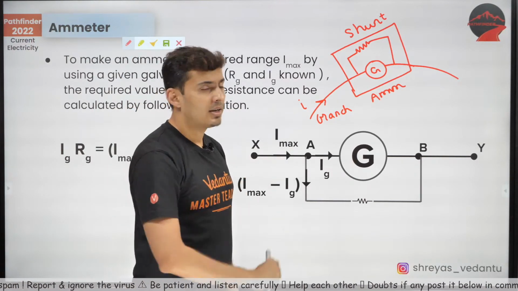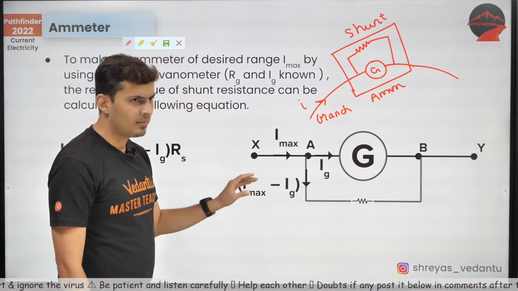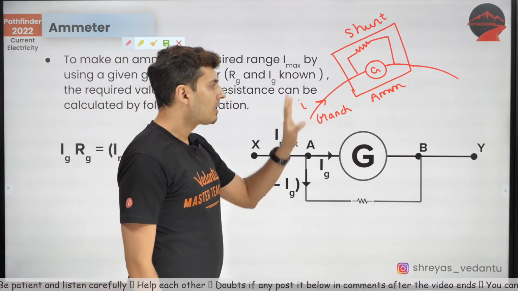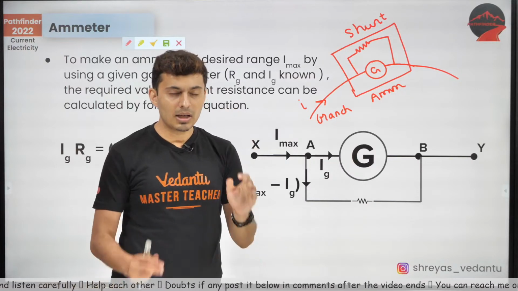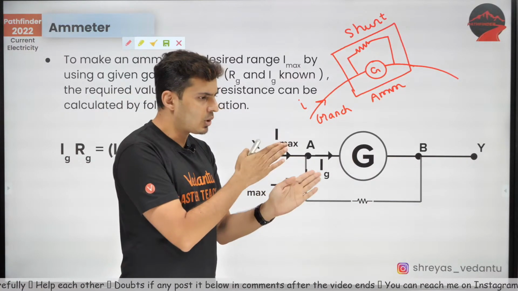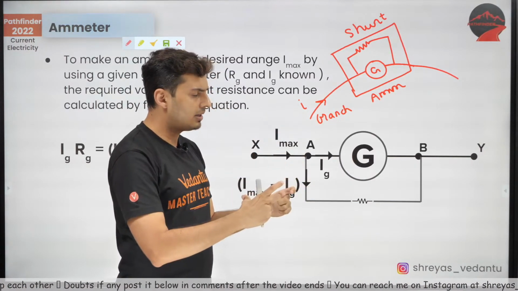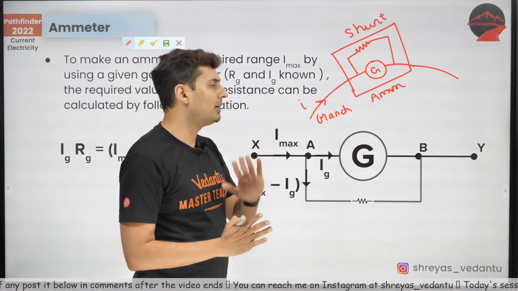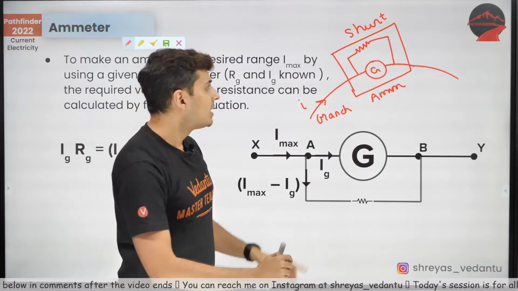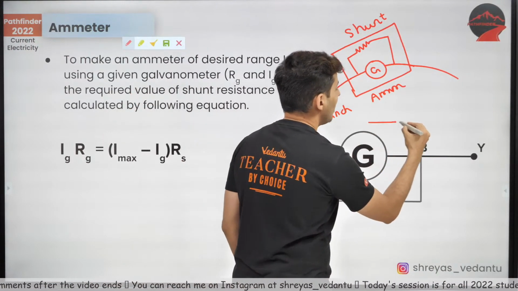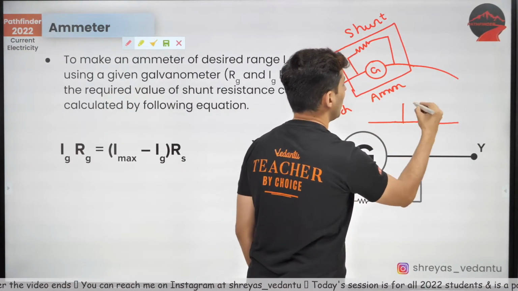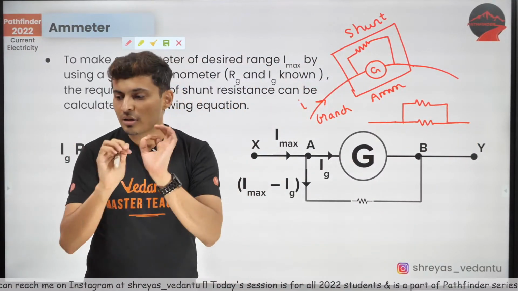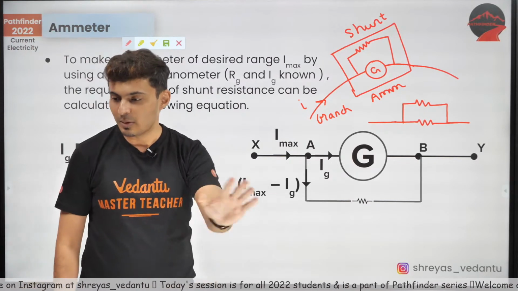Now, once you understand this, this is the same diagram. You don't have to memorize all these formulas. Just remember one thing. Whenever you see an ammeter problem, just think that inside an ammeter there will probably be one more resistor in parallel, and somehow I have to bypass that current so that the galvanometer does not get burnt. Now, if you solve this problem like a normal series parallel problem, your job is very easy. If you memorize this formula, trust me, it will be very difficult.